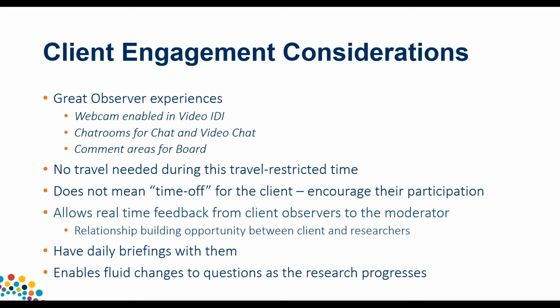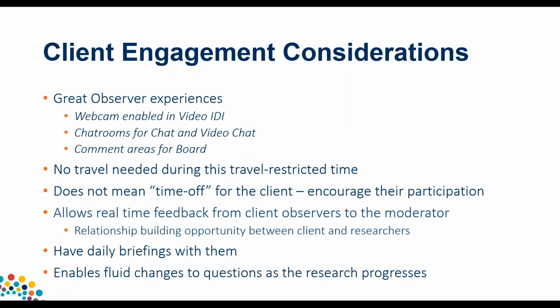Let's have a meeting beforehand. Let's do our pre-brief. Let's discuss the results that we got, making sure that you're connected to your client and not feeling like, oh, it's online so they can just log in whenever. You still need to own that part of it, and you still need to make sure that you're encouraging them to stay very involved.